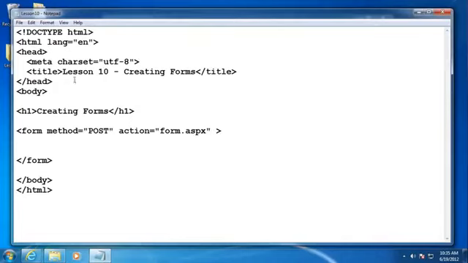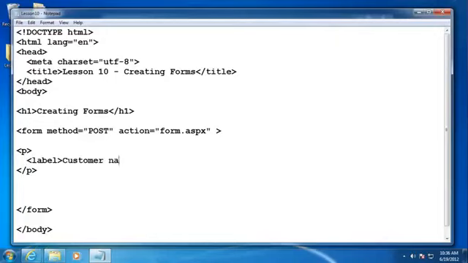Okay, let's continue on, and we want to collect the user's name. So we're going to use a text box that allows them to type their name into our form. I'm going to open and close the paragraph, and then open up a label, and inside that label I'm going to say customer name, and then I'm going to open up an input